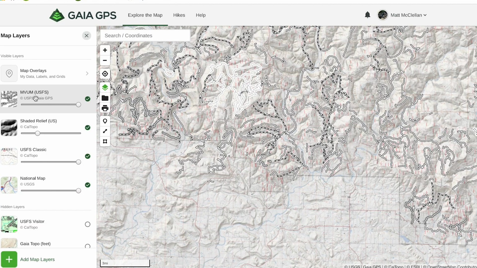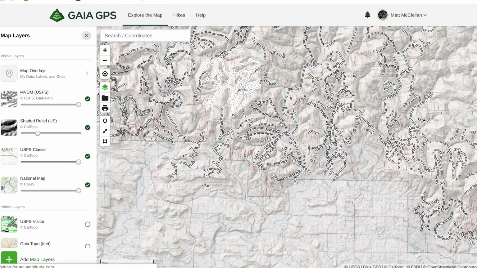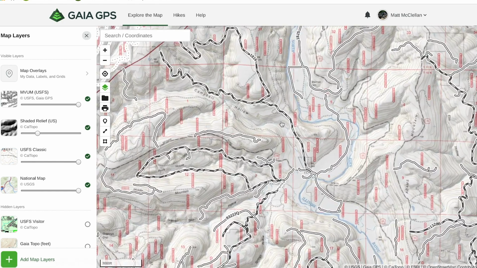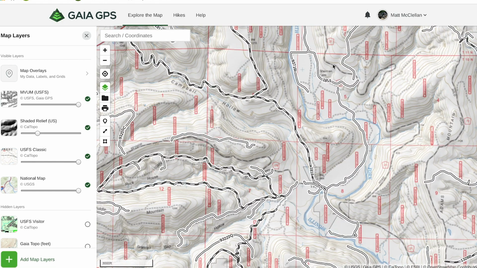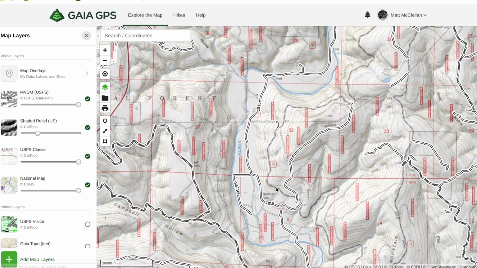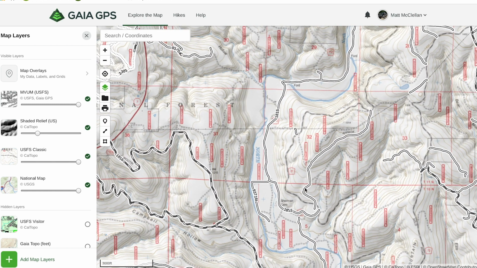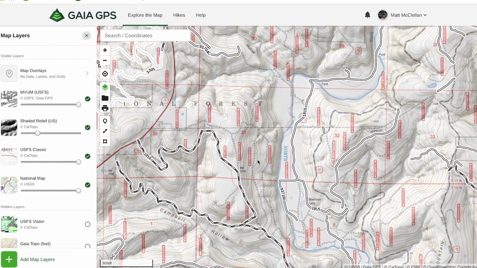But just beware. And then the fourth layer that I use, that I discovered just recently, is this shaded relief. And I'll show you why. Let me zoom in here. So this is a zoomed in view of the Ozarks over in the Big Piney District here along North Fork, Illinois Bayou. And without this,